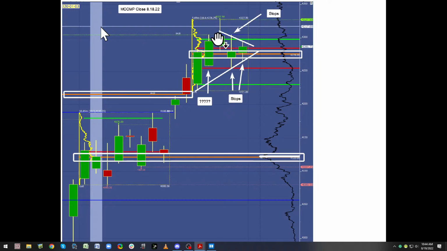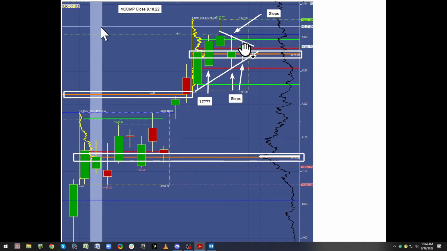But what do we know? We know this. We also know above this high are stops. So yesterday it was mean reversion. In other words, outside in, shorts, shorts, shorts, right? We narrated that yesterday. We also had a long opportunity, and we had two targets. We had the overnight high, which was up near the high of the day.